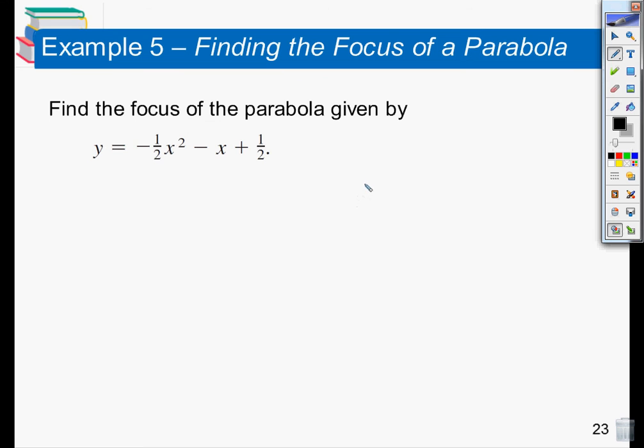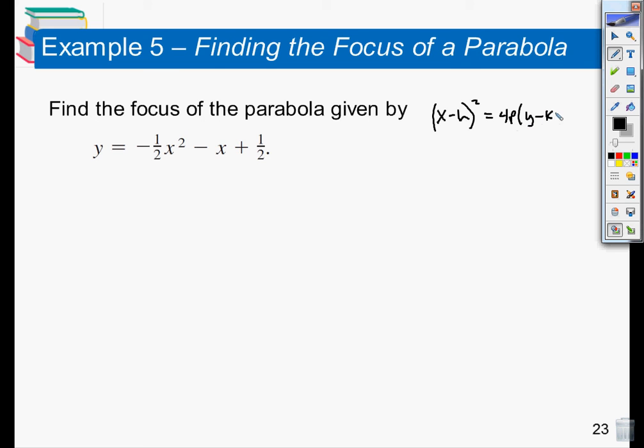All right, the next equation is going to be, like I said before, one that's not centered at the origin, which means we need to look at our format for the standard form not centered at the origin, which is kind of reminiscent of the circle or ellipse type equations. We have (x minus h) squared, and that's going to equal 4p